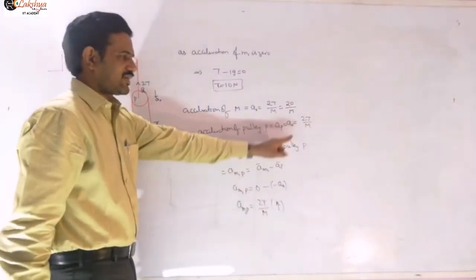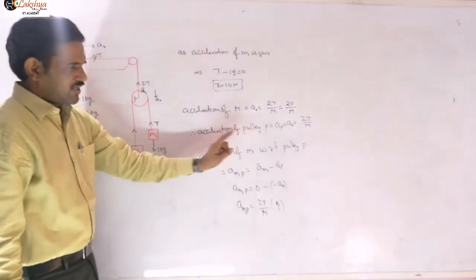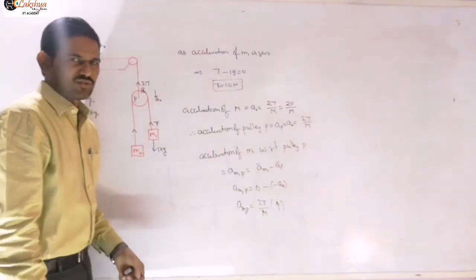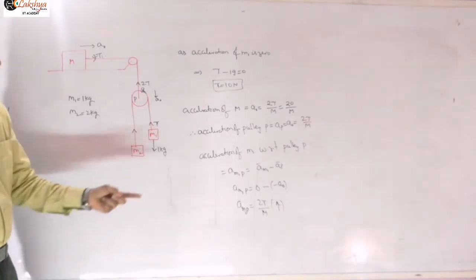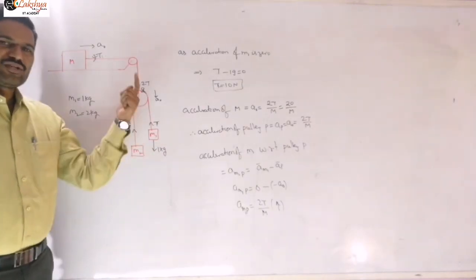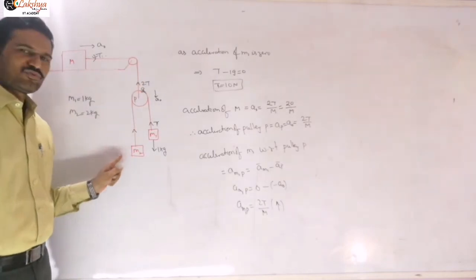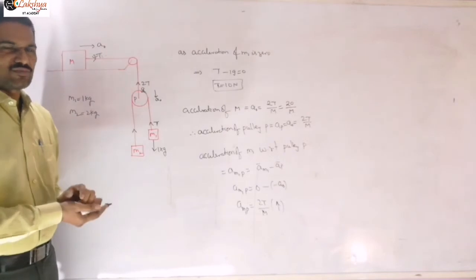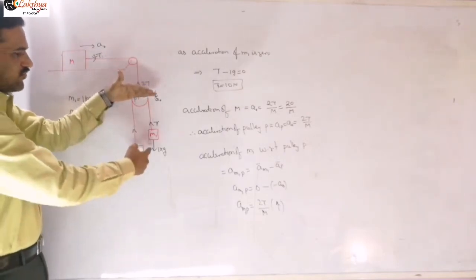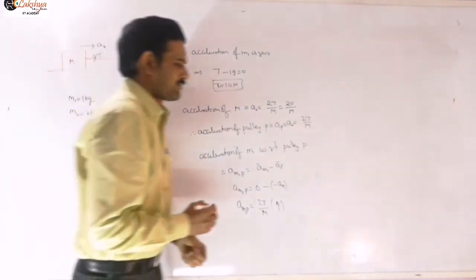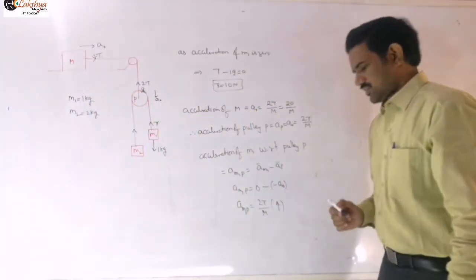That a naught you will get, a naught is nothing but 2t by m, and positive we are getting means it will be in upward direction, opposite to the acceleration here, actually the meaning is. And so now this m1 is with respect to the pulley, if m1 is moving upwards, then how should this m2 move? M2 should move in downward direction with the same acceleration, because if this pulley is at rest, we know acceleration of this block and acceleration of this block should be equal in magnitude. So therefore what we can conclude is,